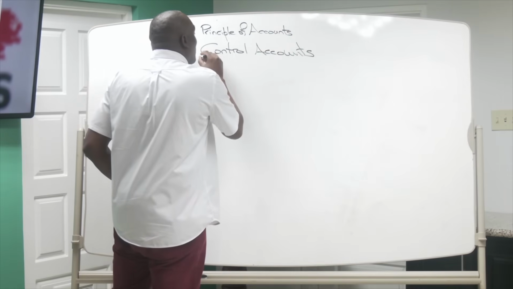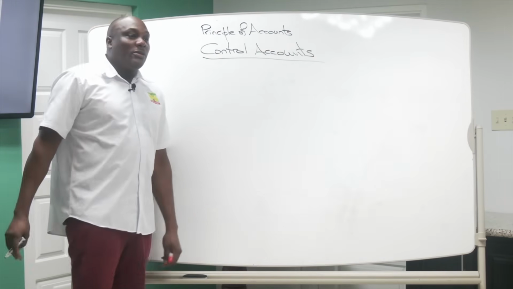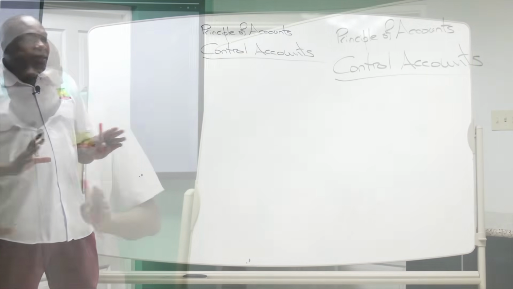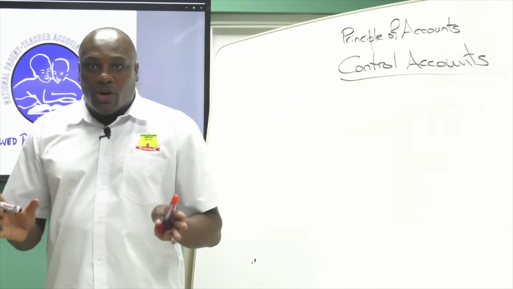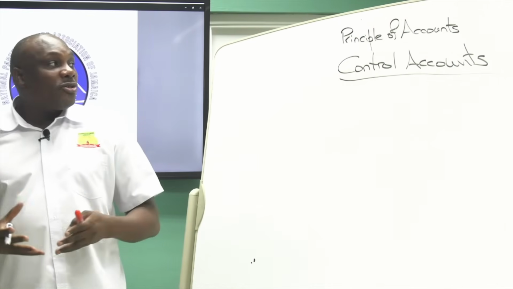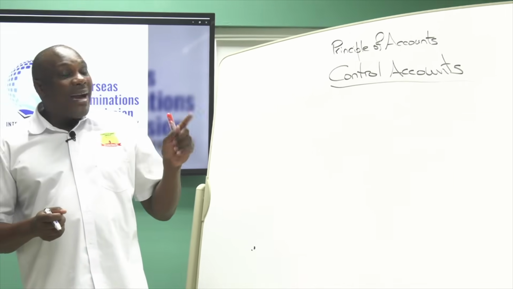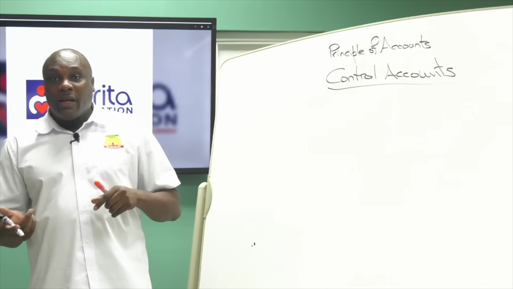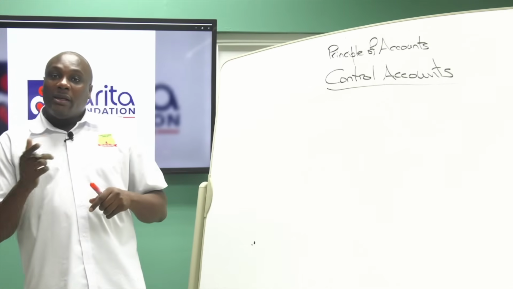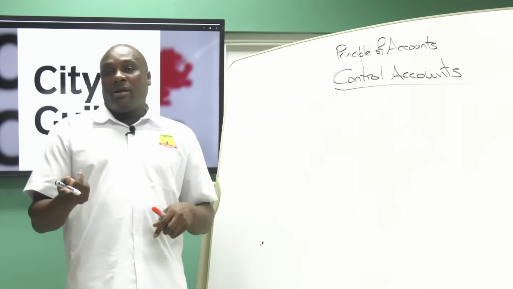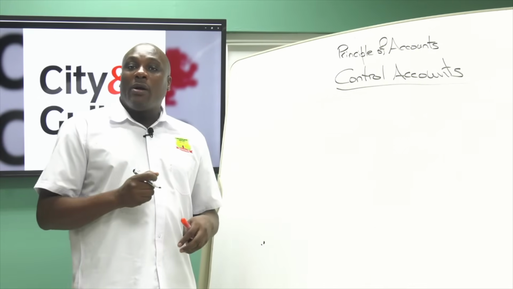So, control accounts is really simply an adjustment topic in accounts. It is just there to assist in the facilitation of preparing the final accounts. When we speak about final accounts, we're simply talking about the TP&L, or in other words, income statement or balance